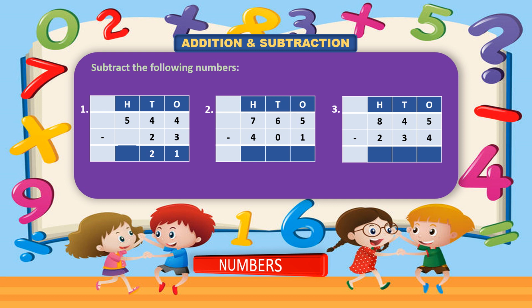Then, subtract the hundreds place. 5 minus 0 is equal to 5. And the answer is 521. And the next sum is